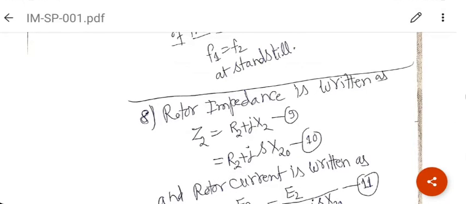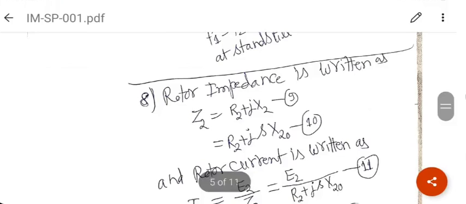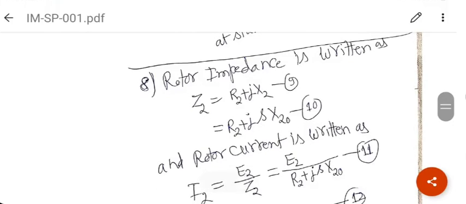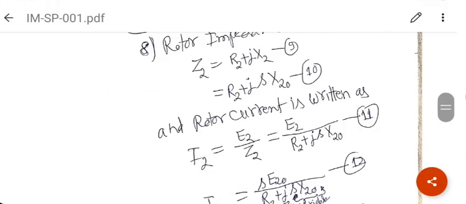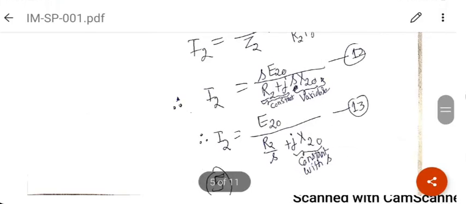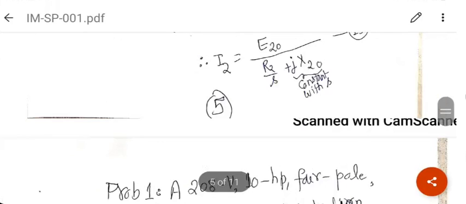Now, in general, the rotor impedance is R2 plus JX2. And we put the values there. I'm not going to do much calculation, but I'll show you how people have drawn the equivalent circuit and how it is possible to predict I2, etc., based on R2, L2, R1, L1 given to you. So all the equations that you need for figuring out the various currents and various voltages.